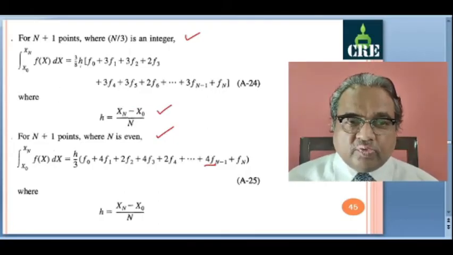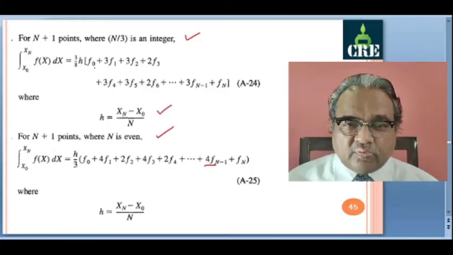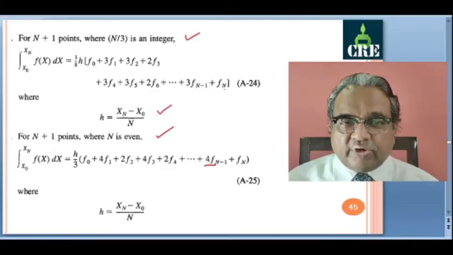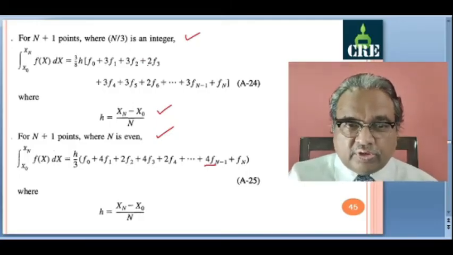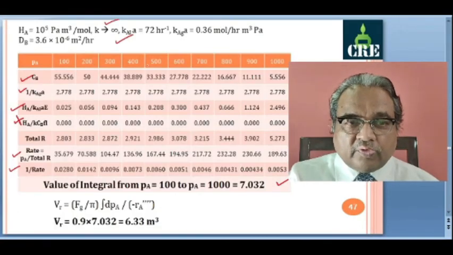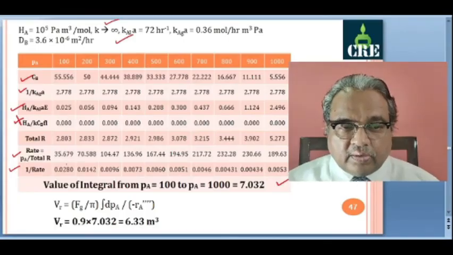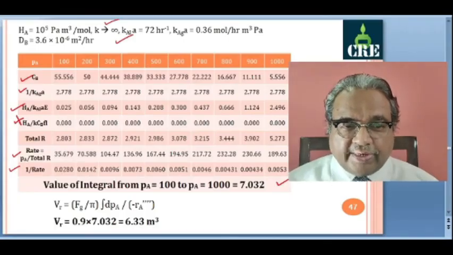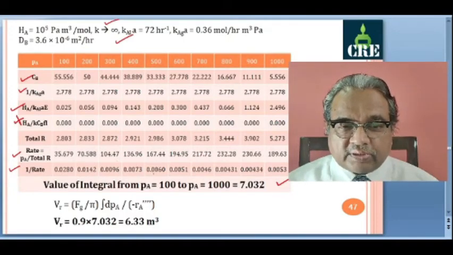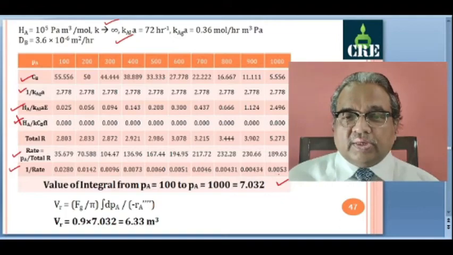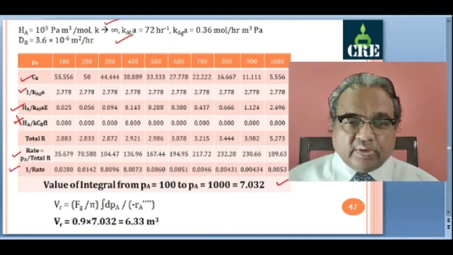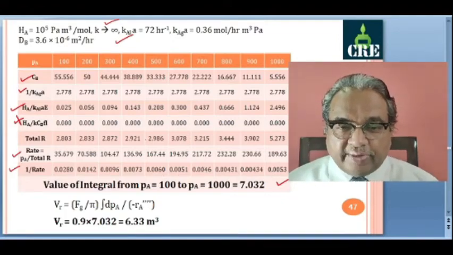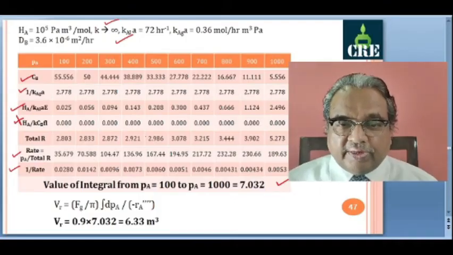So 3 by 8 into 100, and f0 and fn, first and last point is there, and in between you have this combination of sequence 332, 332. Now here this value 3 times this, 3 times this, 2 times this, 3 times, 3 times, 2 times, 3 times, 3 times, and plus the last value fn. So if you calculate this, the value of integral is